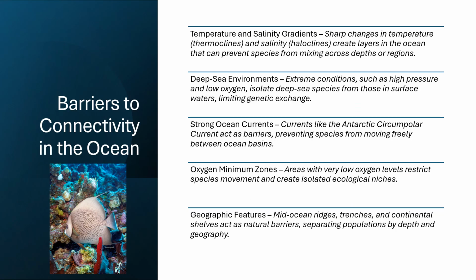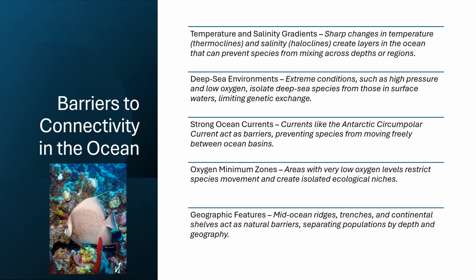Although the ocean appears vast and open, certain barriers still limit connectivity and influence biodiversity patterns. These barriers can be physical, chemical, or biological. Some of the major barriers include temperature and salinity gradients, deep sea environments, strong ocean currents, oxygen minimum zones, and geographic features such as mid-ocean ridges, trenches, and continental shelves that can act as natural barriers separating populations by depth